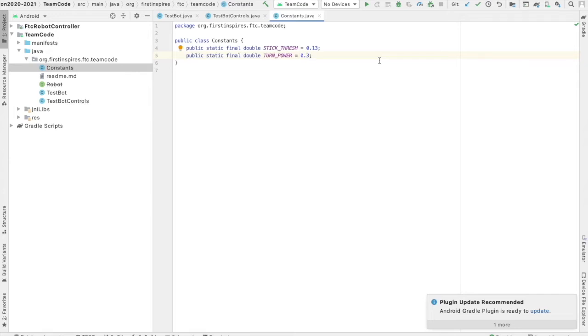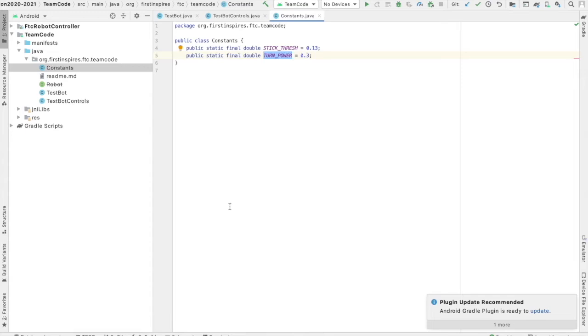So, for example, something that does change is how fast it's moving. Right at the start, it's moving 0 feet per second, and then it might start speeding up. That would be a variable. Its speed is a variable. However, its turn power, we decided it should be a constant. And by turn power, what this means is how strongly the robot